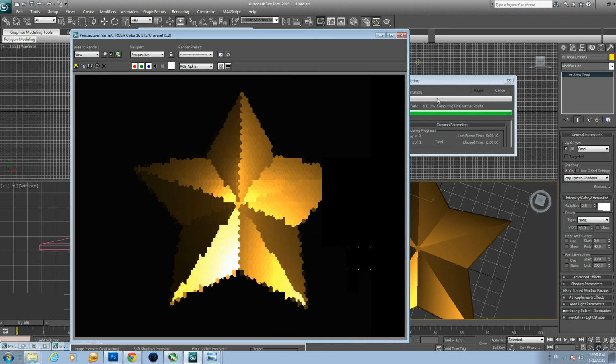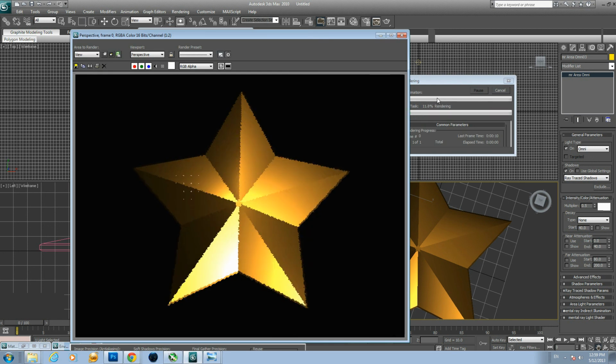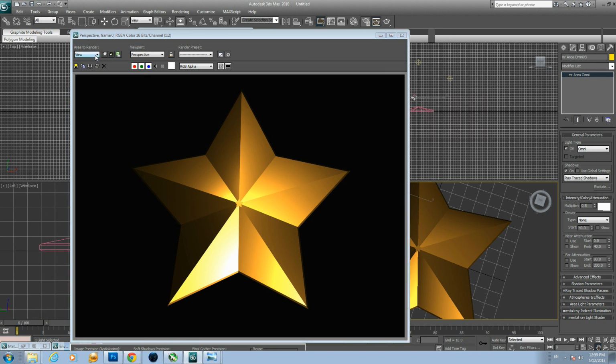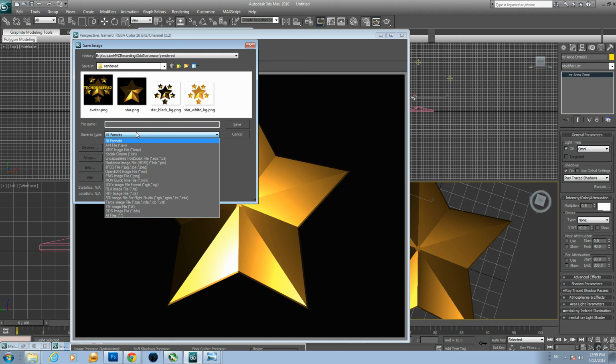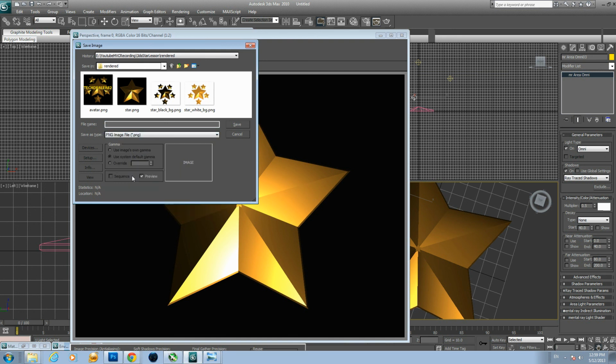Okay, yeah, we're set to go, it's fine, and let's go ahead and save it. The resolution is high, the quality is going to be superior for any printing, and let's go ahead and click the save button. As you can see, it was already working, but we're going to save the new file. I suggest you save as PNG. Go ahead and select PNG, and let's name it star,